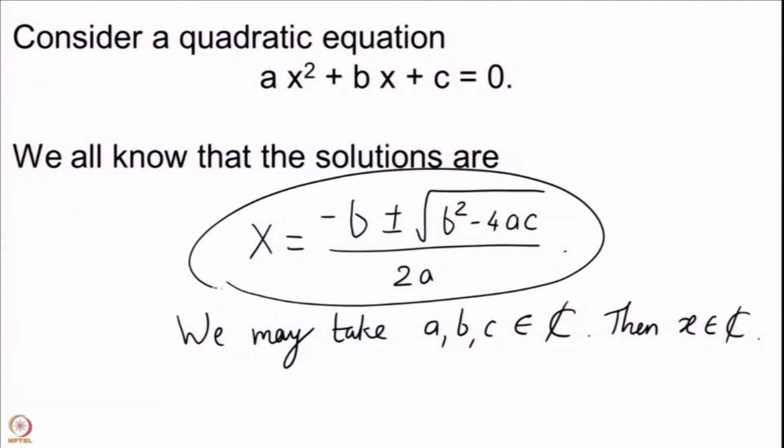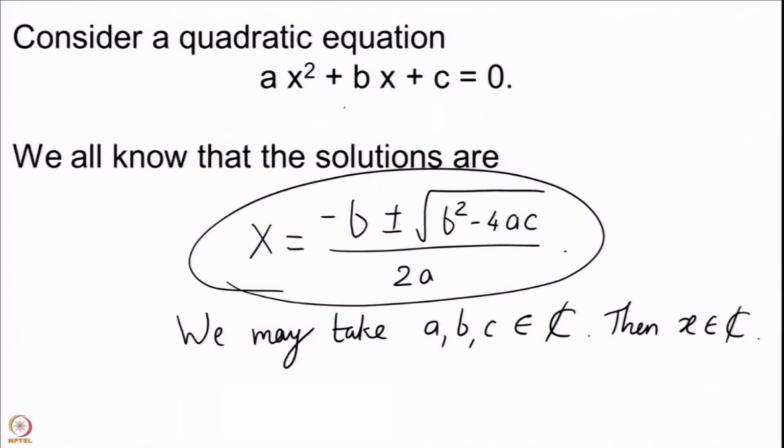First of all, we note that this formula is a somewhat symbolic formula. We do not really use where a, b, c come from. As long as you have a product for the a, b, c and x defined, putting this value back here, you will get a solution. But when you are applying this for some particular sets, then you have to be careful, because if you are dividing by 2a, then you should say that my 2a is an invertible element. This is something that we will have to begin with.